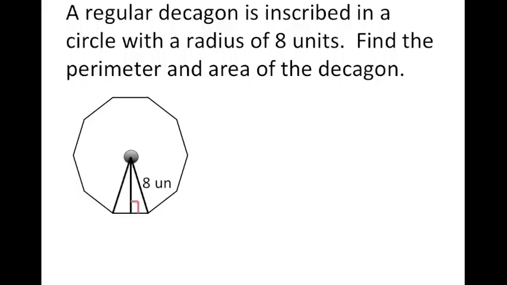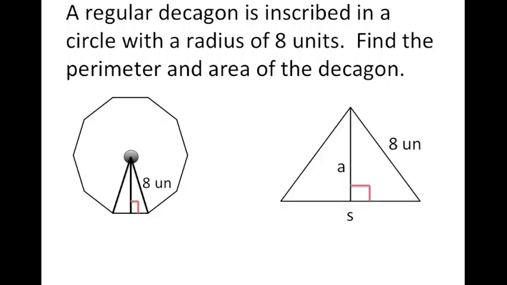First thing I'm going to do is draw the other radius and also draw the apothem with the right angle. And we're going to focus in on that triangle. So we need to find the apothem, we need to find the side length. Sometimes you'll be given the side length, but most of the time you'll have to go ahead and find it